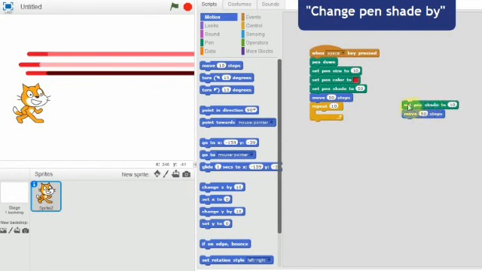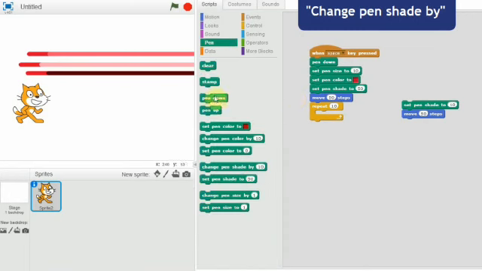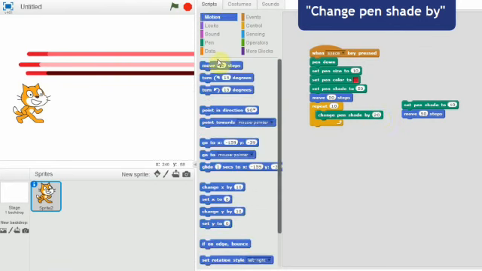I just removed set pen shade to. First, click and drag the pen block, change pen shade by 10. Go to the pen block, click and drag change pen shade by. Change the value to 20. Next, click the motion block, click and drag the move block and change to 50 steps.